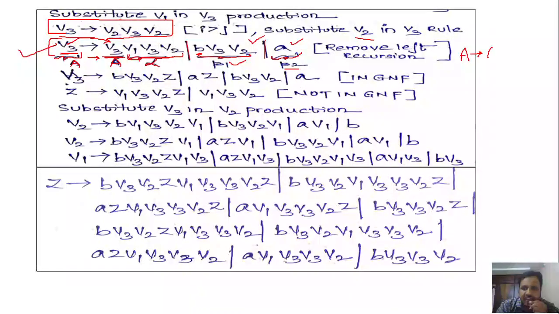A denotes A alpha or beta 1 or beta 2. So you have to identify the production in this form by your own, right? Nobody is going to tell you to assume this one as A, this one as alpha, this one as beta 1, beta 2 like that. So you have to identify it. I explained the logic of how to identify.